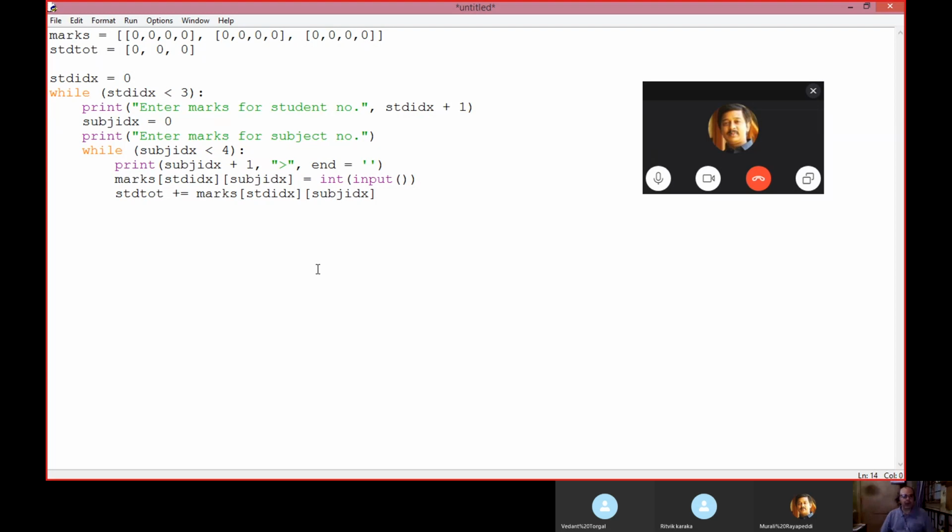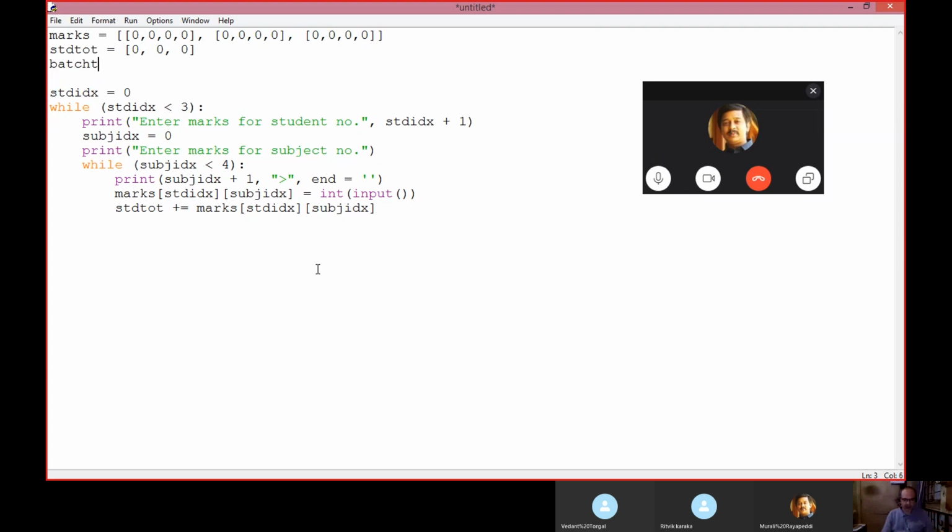Then you need to have one more thing. Batch total, which will initialize to 0.